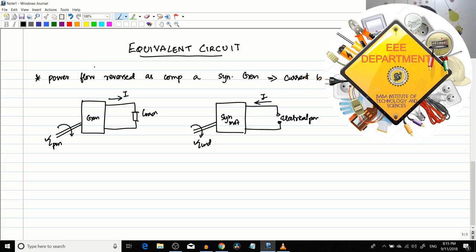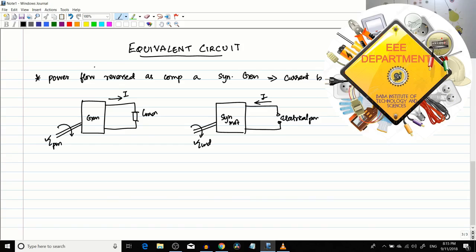Therefore the equivalent circuit will look exactly the same. The concept of the synchronous reactance, everything which we have discussed in the synchronous generator, is all valid here. If you have not watched that video, please go and watch it. We have done a very in-depth discussion about synchronous reactance and how all these things come into play.